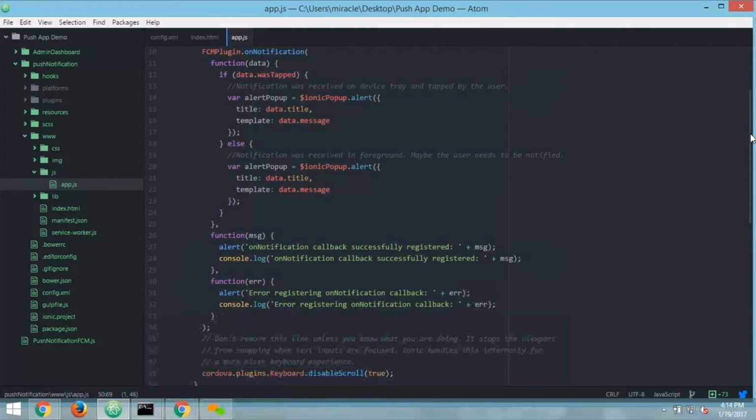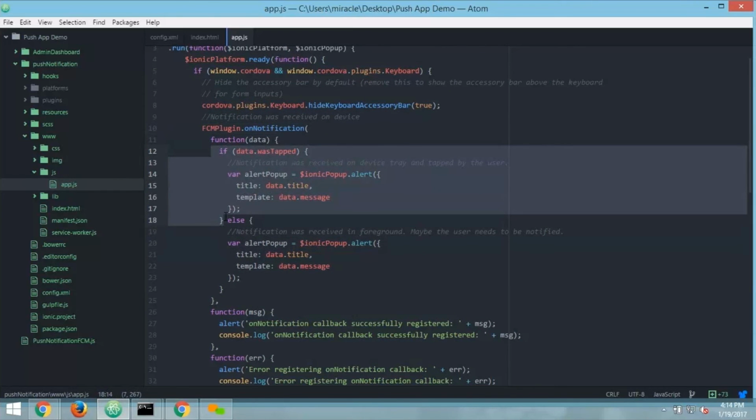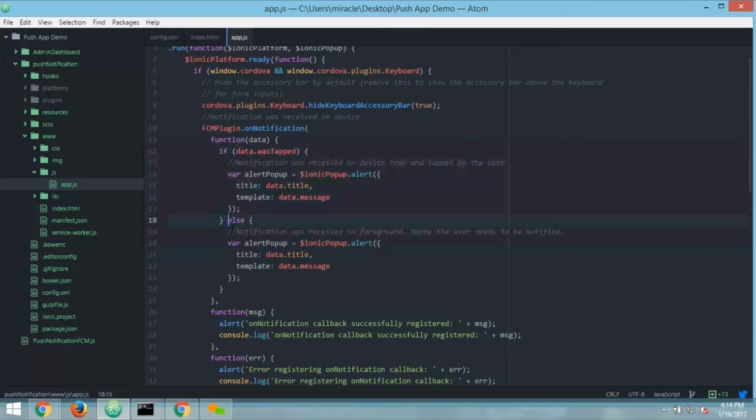with vMarpo as an ID, and storing that registration key into CloudEnd. Now here, FCMPlugin.onNotification is a method which is fired when our application receives a push notification. When the application is running in the background, this particular code will execute. When the application is running in the foreground, this particular block will execute. And this is the complete application for the client general module.